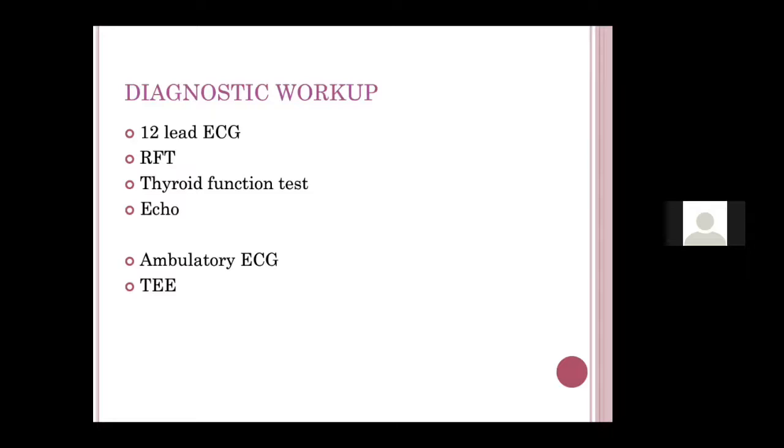And ambulatory ECG Holter in a group of patients like stroke, and TEE. So we know that there is the importance of TEE, that in a patient who has a new onset AF and you want to cardiovert him without giving anticoagulation for at least 3 to 4 weeks, or minimum at least 1 to 2 weeks, you should not do a cardioversion. So that is the importance of TEE. You do a TEE, you see there is no left atrial appendage clot or LA clot, you can directly go ahead with cardioversion.